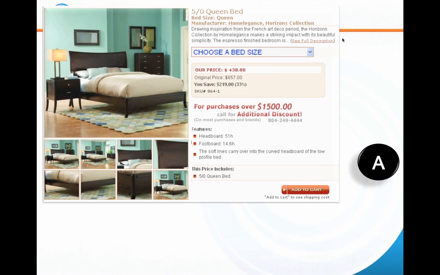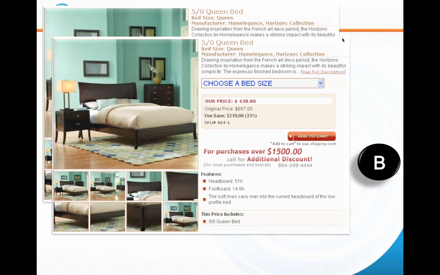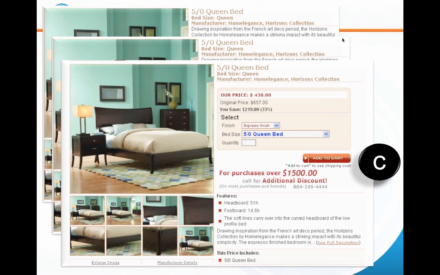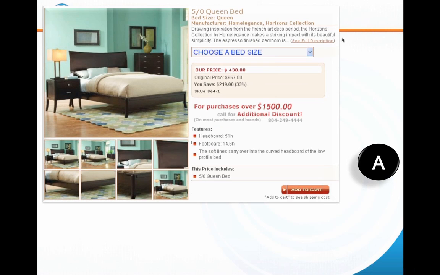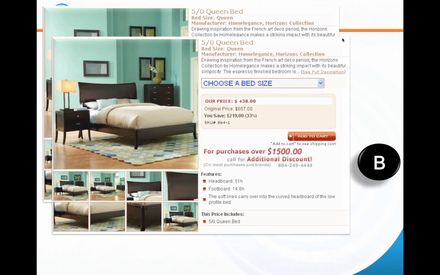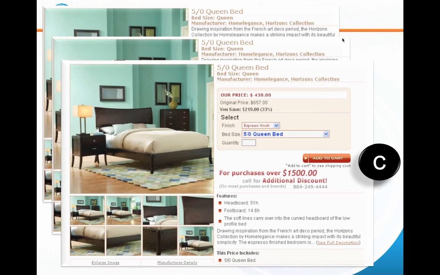So this is the original design. Let's take a look at the second design. Here is design B, and there is a third design over here. Let's jump into the third design. So let's go back and look at these particular designs. Let me just make a comment: whether it's B or C, you can see that the difference in the design is that the add to cart location has been shifted. So that's kind of important to note.